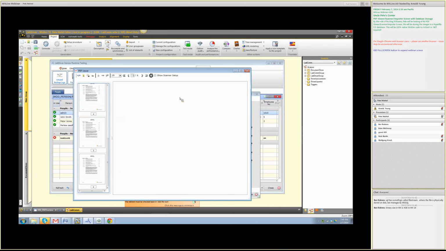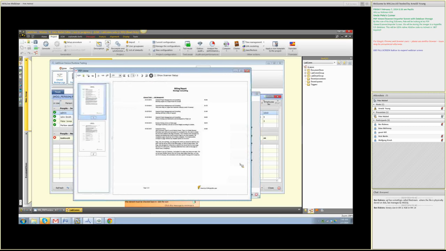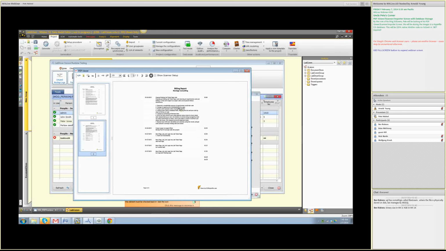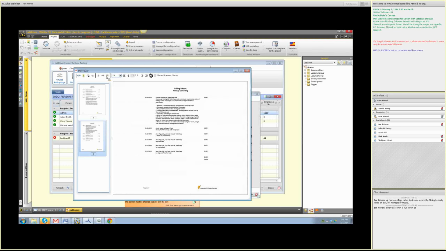And I found a bug in this that I need to fix, that I fixed in my demo one, that it doesn't update that image over here immediately. But as you see, we've got thumbnails that we can move through, as well as the image. And as I said, we can change the viewing, fit the screen, whatever we need to. So pretty typical viewer, which, you know, that's the other point to talk about here is,